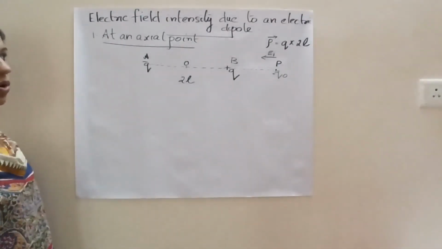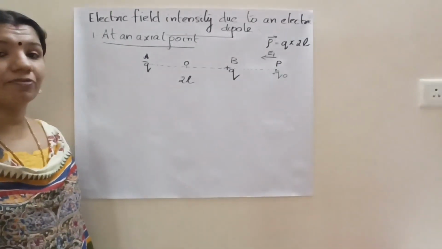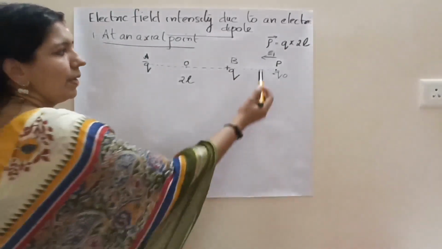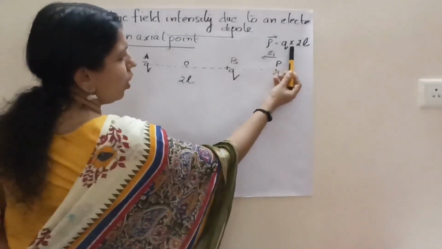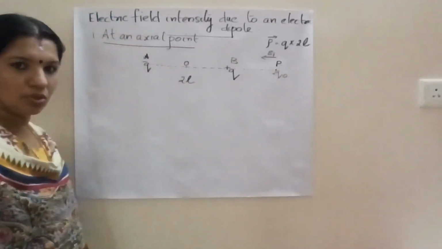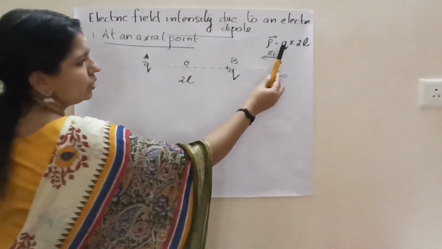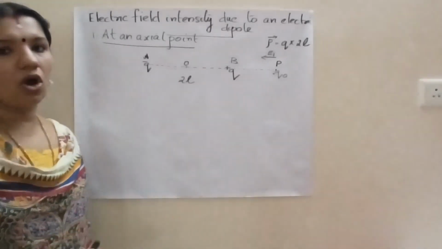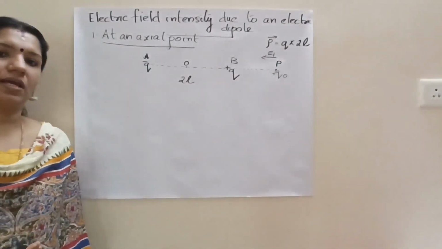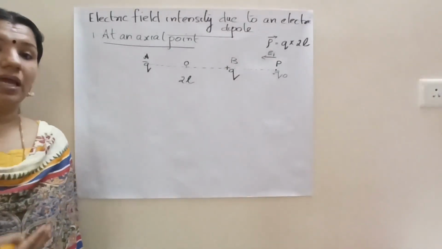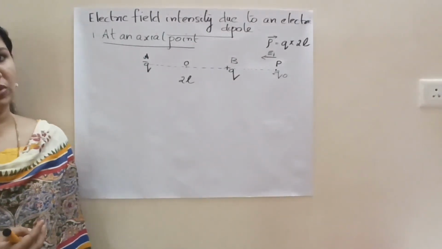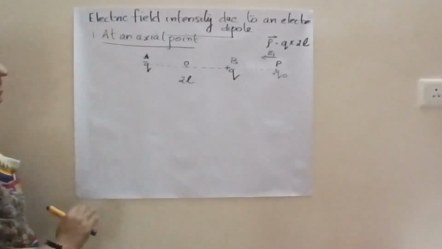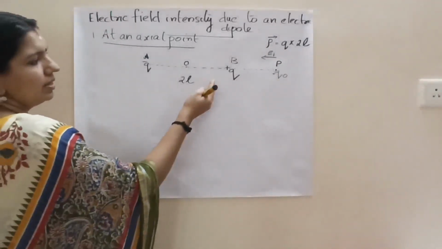Now, in the last class, we talked about dipole moment, but I forgot to mention the term denoting dipole moment. It is actually P. P, or the dipole moment, is the product of one of the charges and the distance between the two charges. So, P is equal to q into 2L, and also P is a vector quantity. So, here I just wrote the equation for that also, just a reminder. Now, let us move to the derivation part.